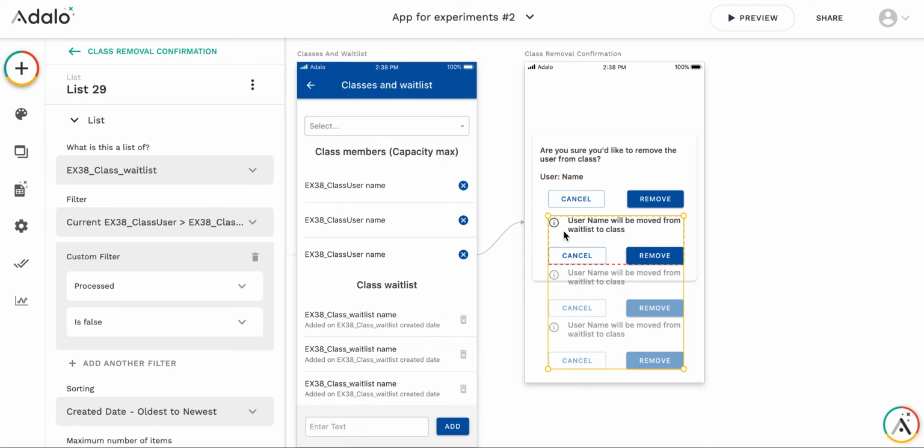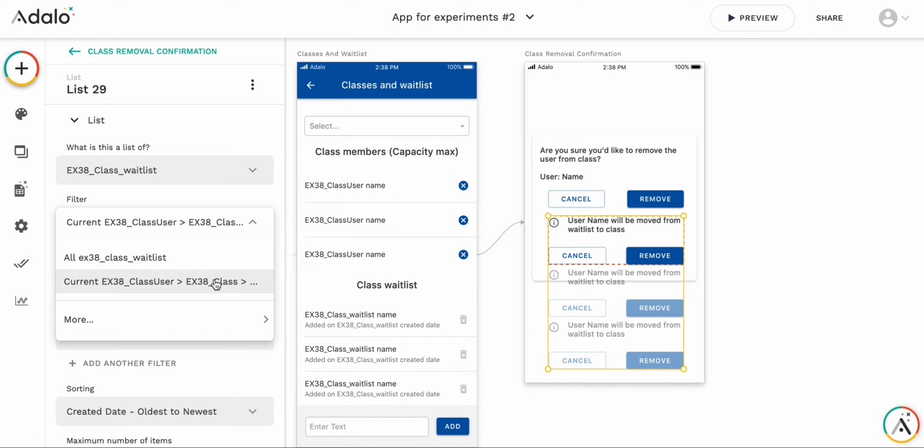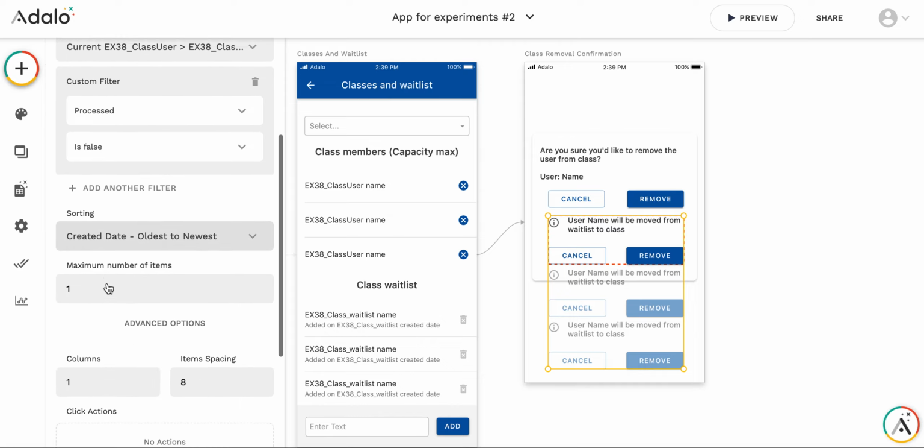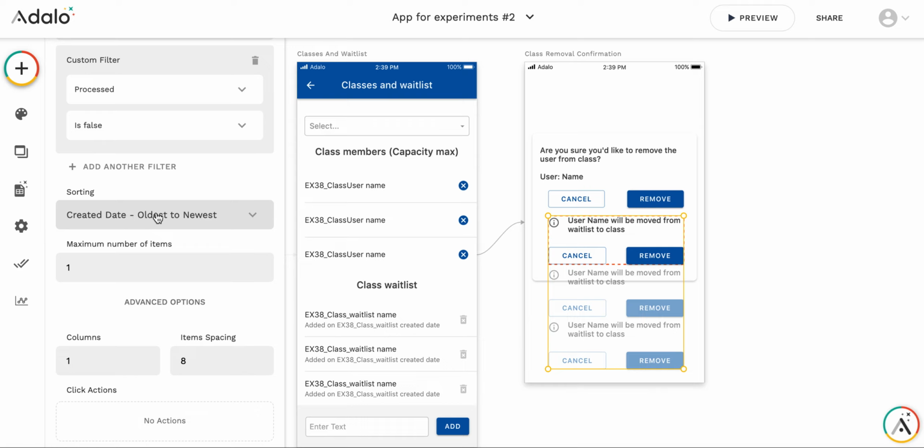So here I have the list created from the wait list, which is filtered by class name, so that we take only those records which are relative to the current class. So this is class user, class waitlist, relative only to the current class. And I set processed to false, so that I take only unprocessed records. And the key here is that I sort by created date from oldest to newest, and I limit the maximum number